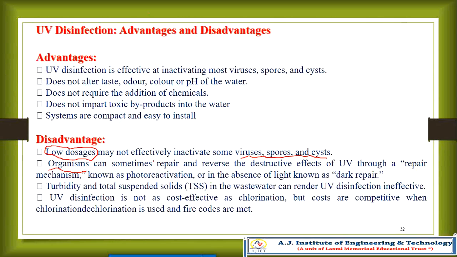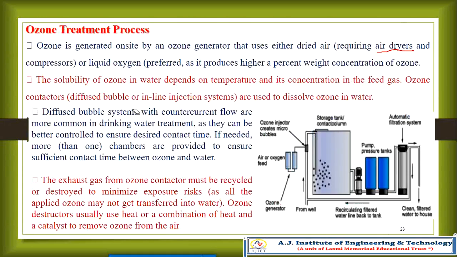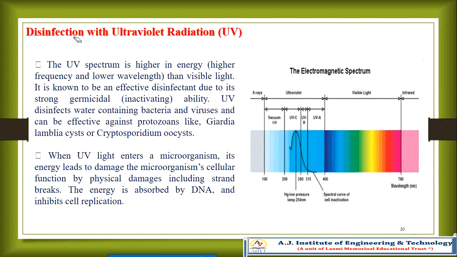So that is what we discussed, one more method. After chlorination, we discussed two methods: the ozone treatment process, and disinfection by ultraviolet radiation. One is the chlorination method, with many forms of chlorine that we studied, then ultraviolet disinfection, and ozone reaction in the water.